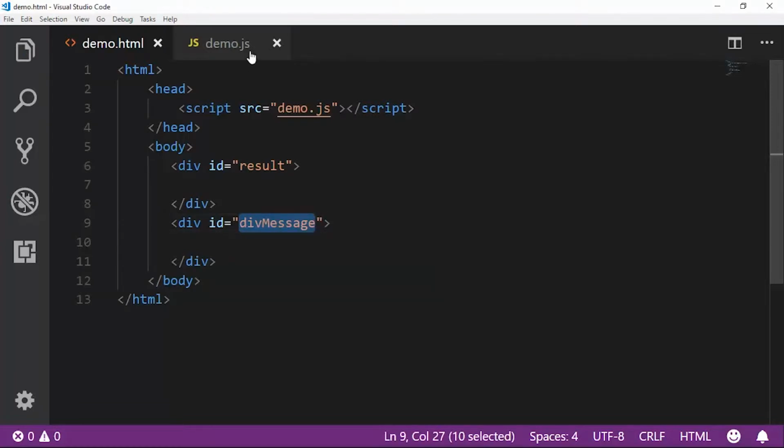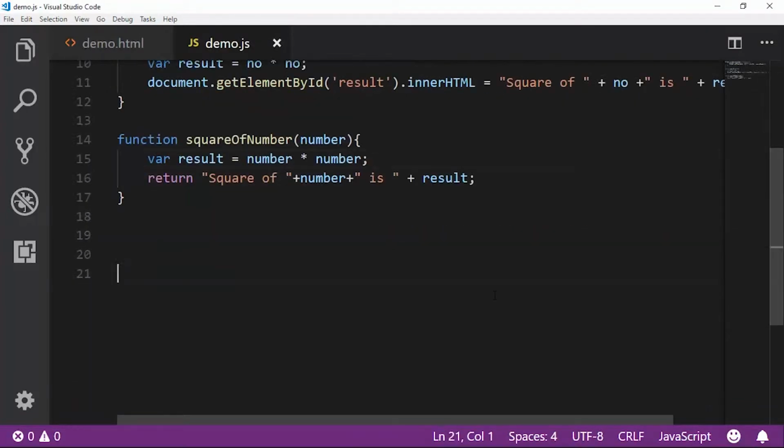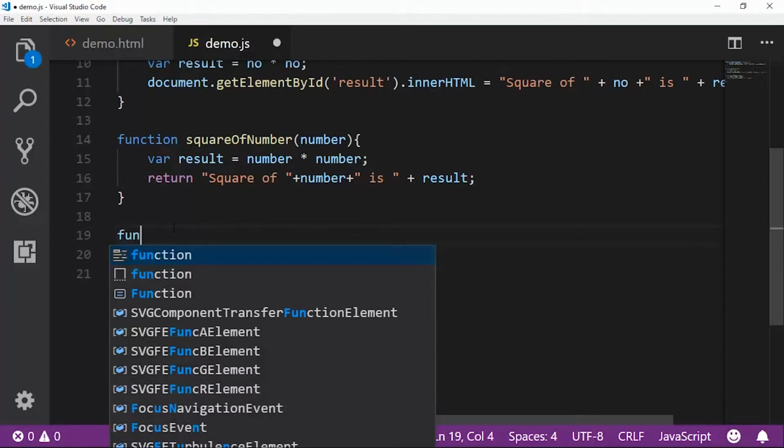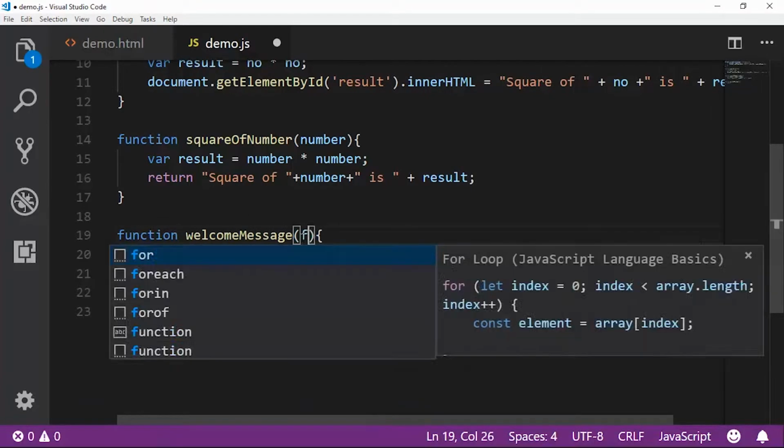Okay, so let's go to the demo and we will show some message. Welcome message, so welcome message, and we need to pass first name